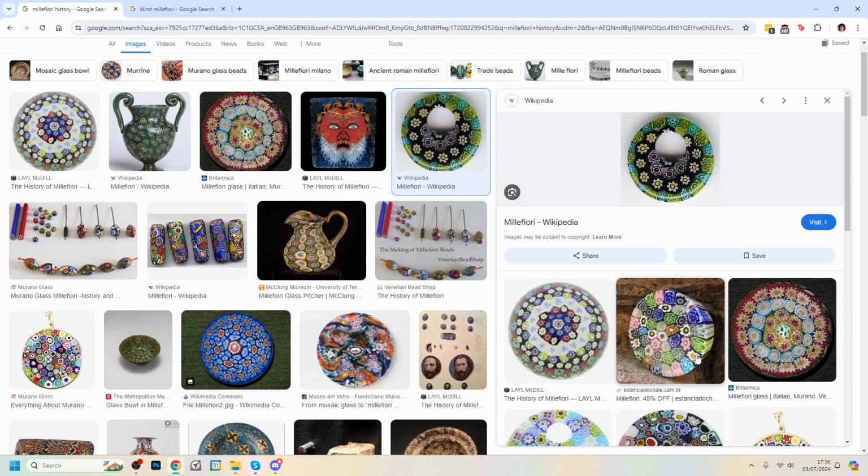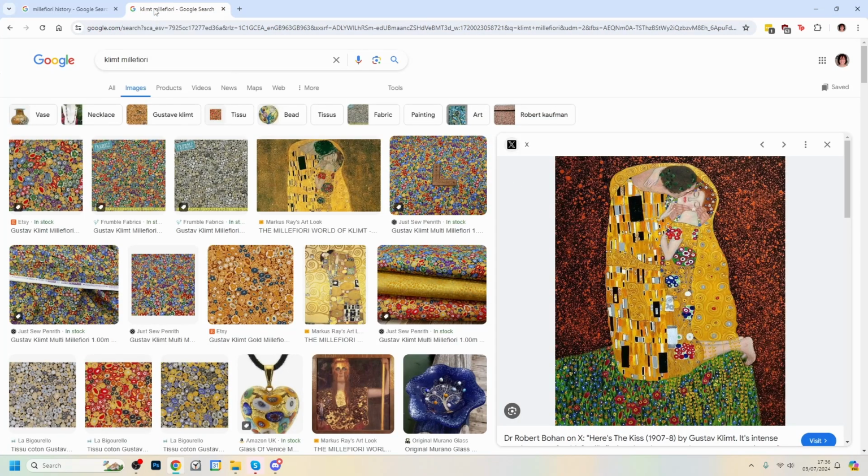Love this one as well. I love the way you can see them, that there are a section of cane there on this one, all set into the clear glass. Beautiful. Then I also ended up going down another rabbit hole with the, if you search the term Klimt, so